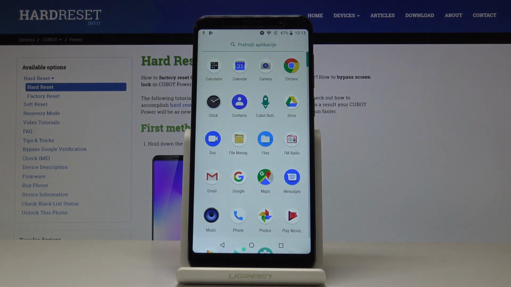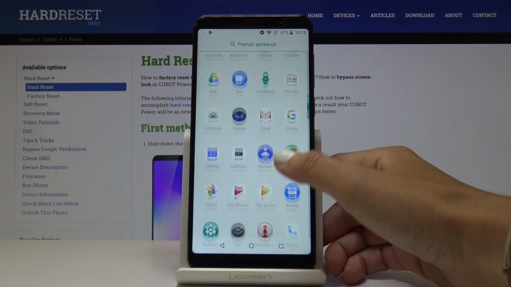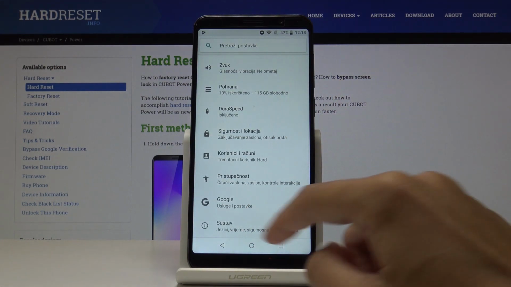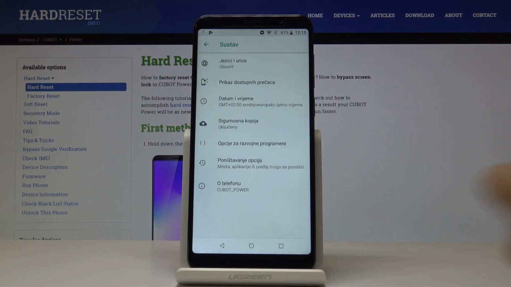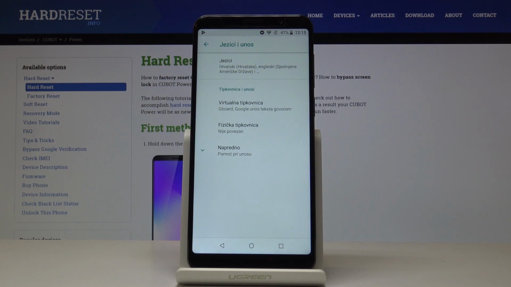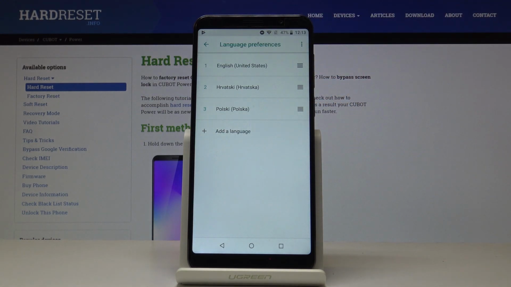And now if you would like to go back to English one more time, simply find the settings icon, which is here. Now scroll down to the very bottom of the list, pick the last icon, which is System, then select the first one, which is for Languages and Input, go to Languages, it's also the first tab, and now you can either slide English up one more time to make it a default, or obviously add some other language if you want to,